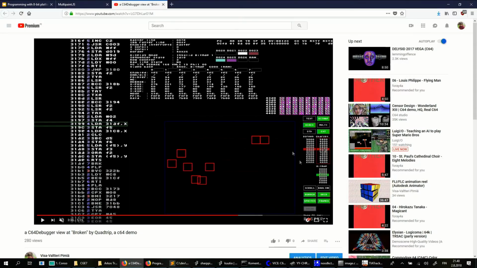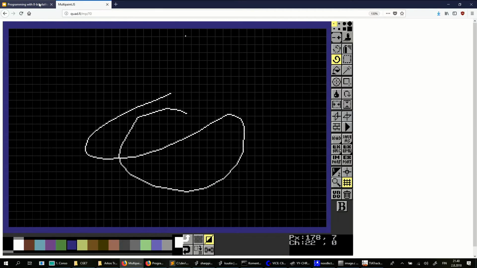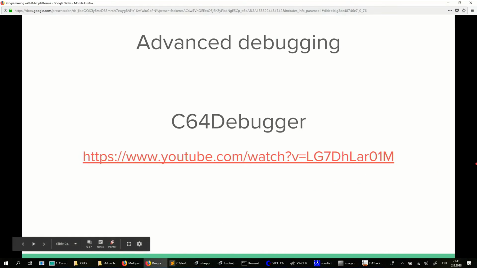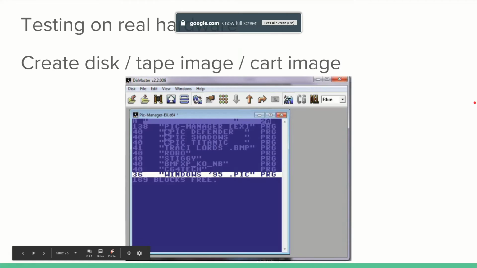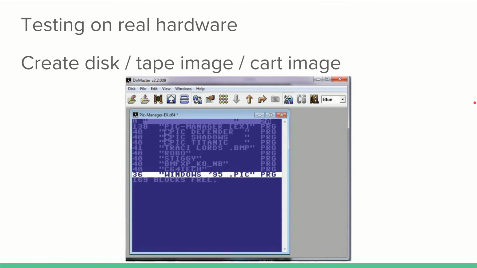So that's C64 debugger by Samar. Highly recommended if you're ever programming for the C64. As you can see, it just does a lot of things you wouldn't even think are possible for 8-bit development. Then when you actually have your program running, you're happy with how it looks in the emulator and all that,